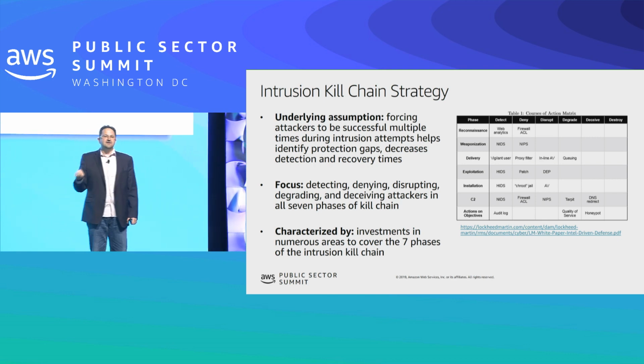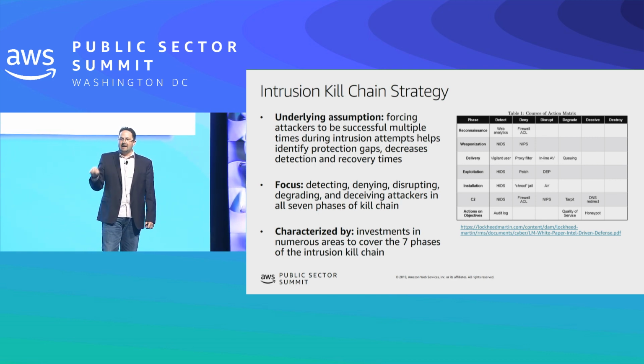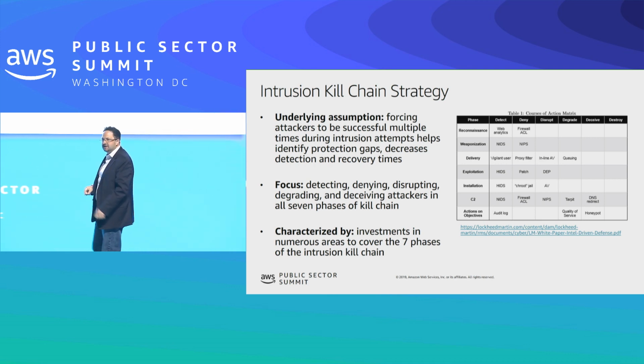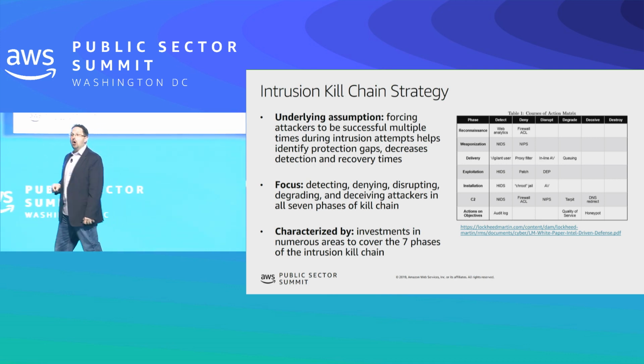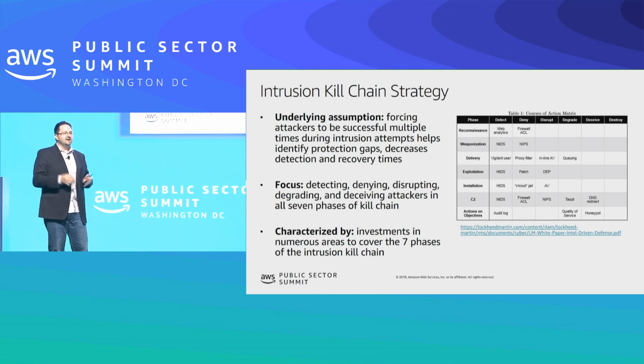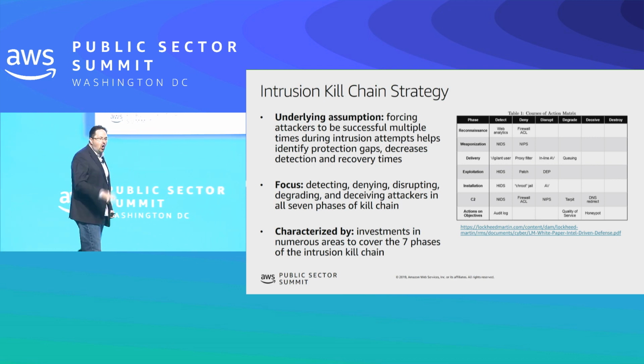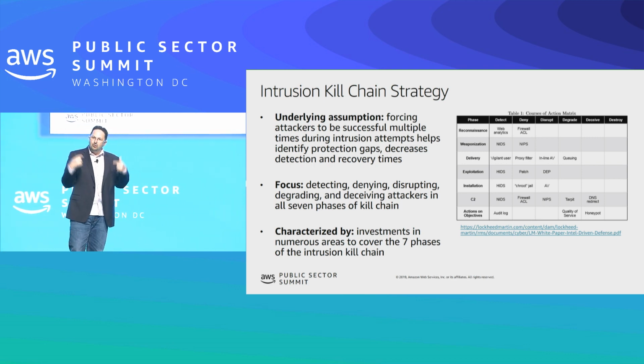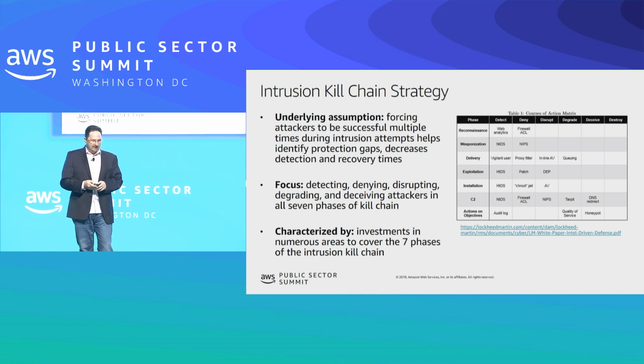Your strategy's over. It didn't help. In this case, the bad guys are going to have to be successful and/or lucky multiple times. It doesn't matter if they go through all 7 of these steps. They're going to have to go through at least one of them. So if you put capabilities in each one of the areas in this matrix, that's going to make their job a lot harder. That's what this strategy is all about: raising the amount of effort it's going to take for them to be successful and lowering the return on investment. They're going to invest much, much more effort, time, and energy to compromise a network like this than with some of the other strategies that we looked at.